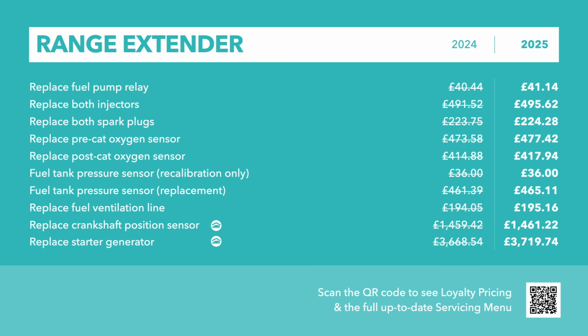On that note, we can continue on to the actual engine stuff. Yep. There's obviously the usual old school stuff. We could say fuel pumps, injectors, oxygen sensors. Any interesting developments there, or fairly consistent? I'm looking here, very small changes. Fuel pump relay, £13.70 to